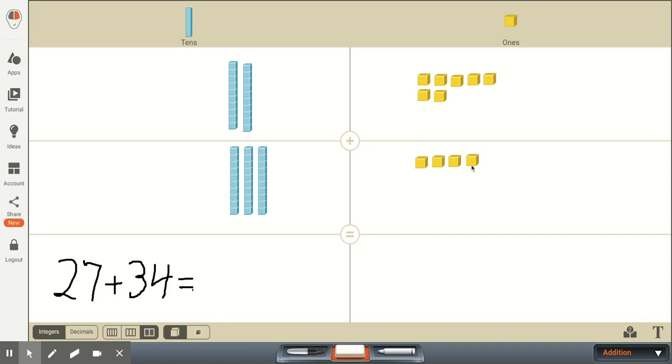and seeing if we have enough ones in the number 34 to add to our 7 ones. And we see here we could add 3 more ones to the 7, and that would make 10 ones and compose a 10. So that's what I'm going to do. I'm going to take 3 of our ones from our digit 4 and move it up here.